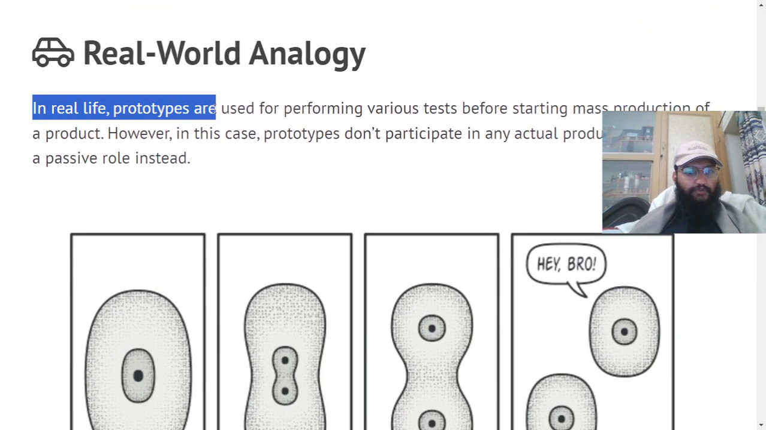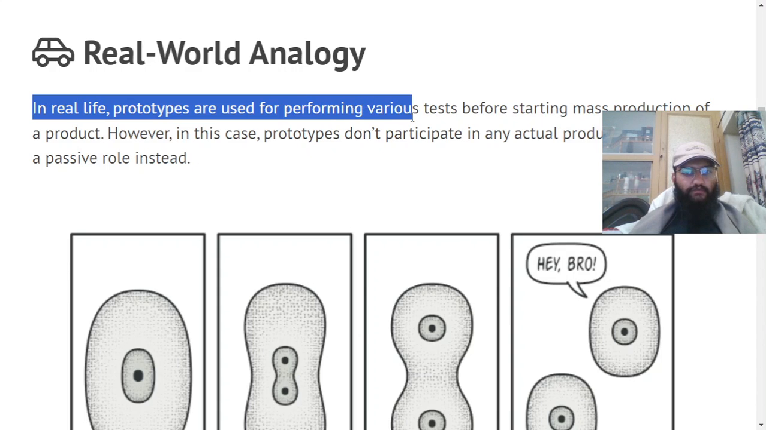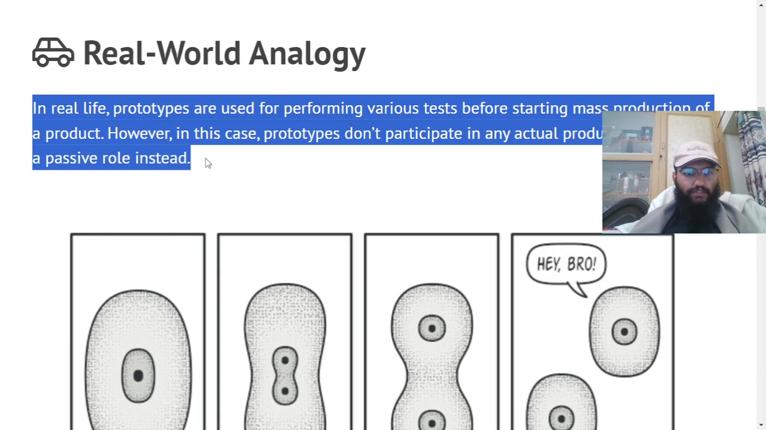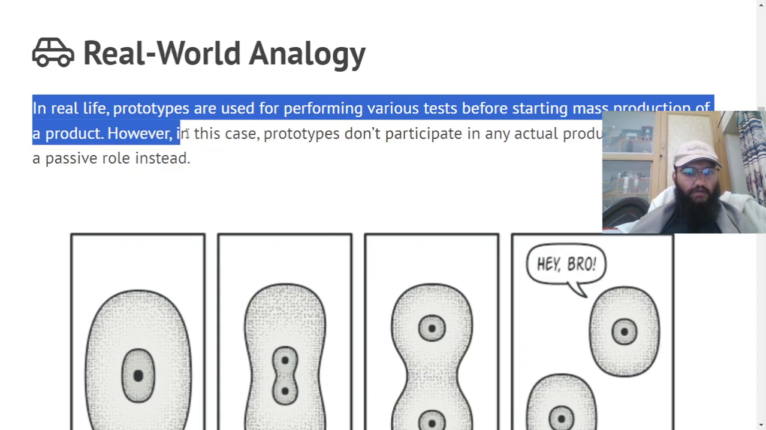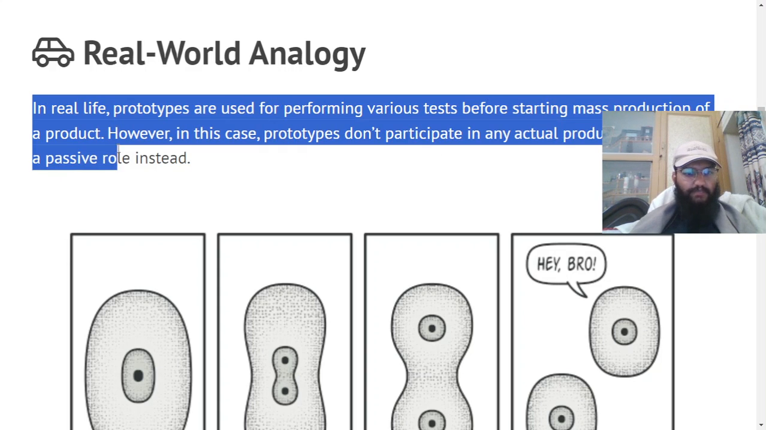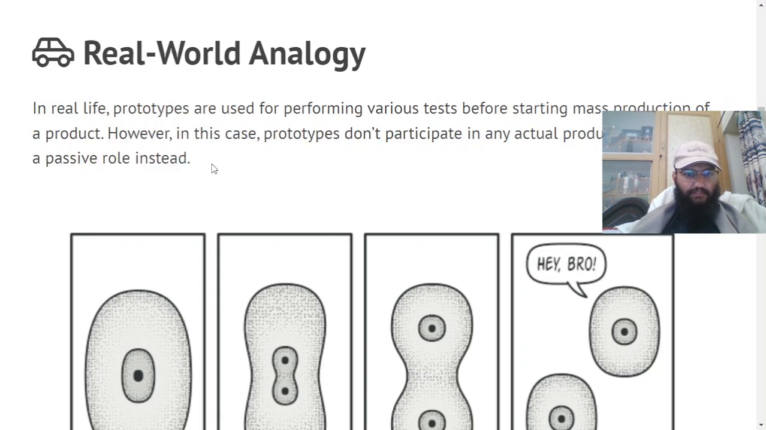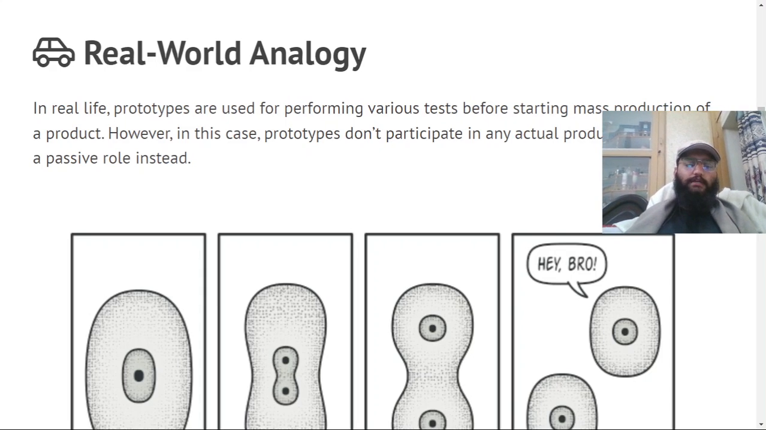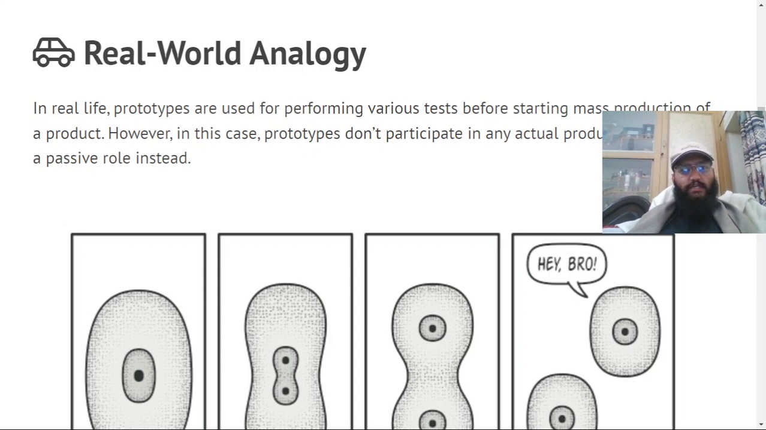In real life, prototypes are used for performing various tests before starting mass production of the products. However, in this case, prototypes don't participate in any actual production, playing a passive role instead. तो इसकी रियल वर्ल्ड एप्लीकेशन आ गई है। ठीक है, तो इस तरह से क्लोनिंग रियल वर्ल्ड में यूज़ होती है।